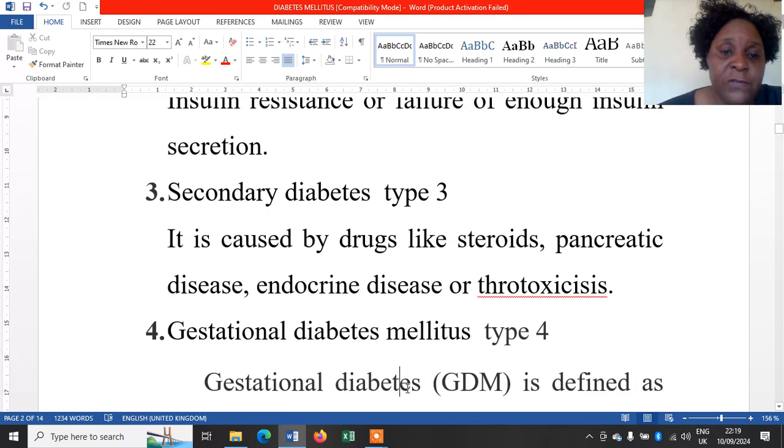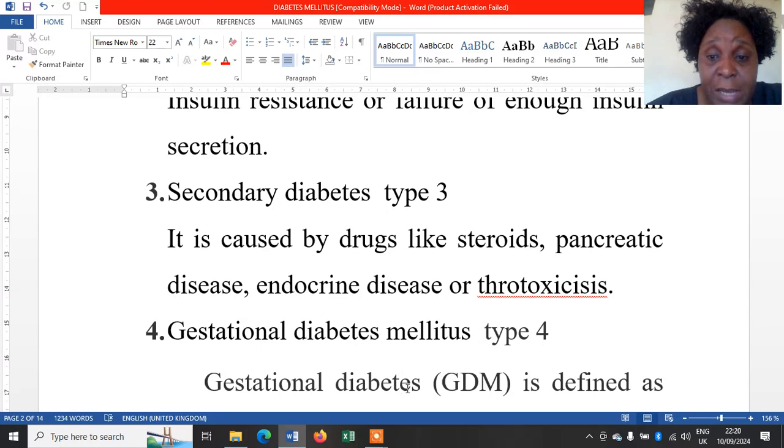Then we have secondary diabetes, which is type 3. This is caused by drugs like steroids, pancreatic diseases, endocrine diseases, or thyrotoxicosis. Here, in type 3, the pancreatic cells are damaged by